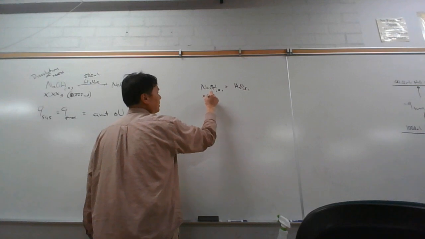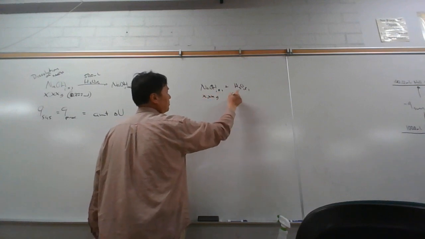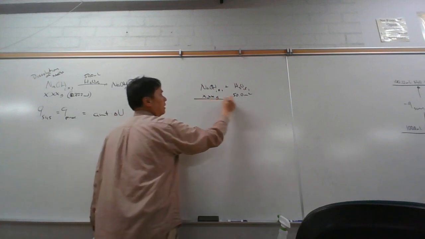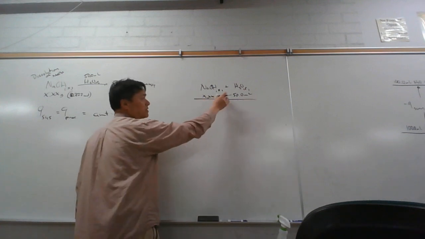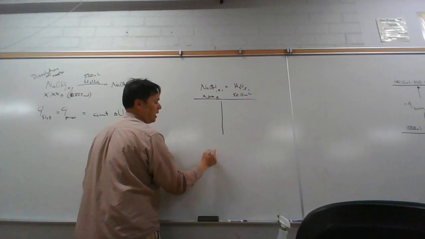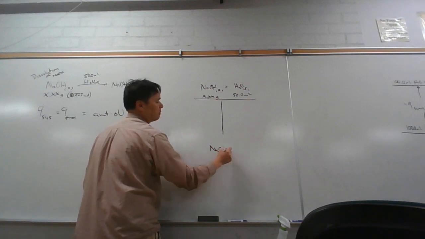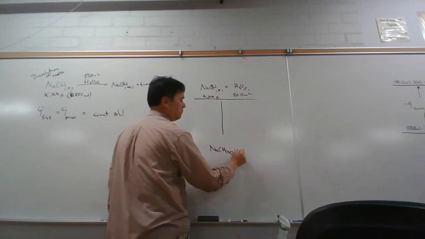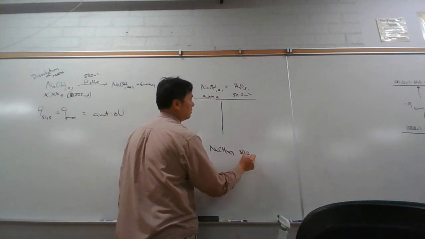This is going to be x.xx grams. This is going to be 50.0 milliliters here. And then when you mix those together, it forms NaOH aqueous. This should be 50.0